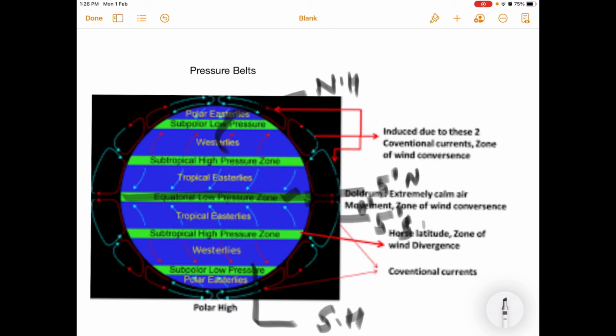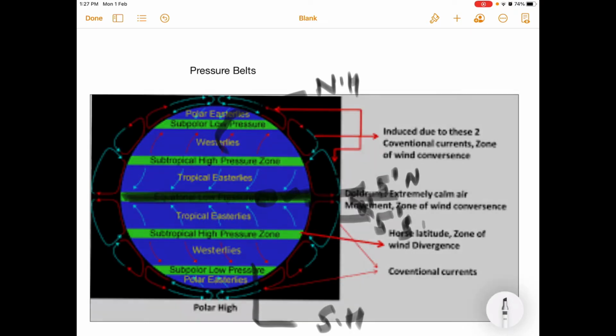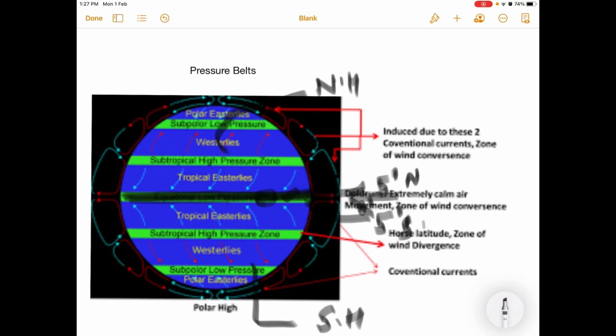As the equator divides the earth into two equal halves, we all know the equatorial regions receive the vertical rays of the sun throughout the year, and due to these vertical rays the temperature increases and pressure decreases. So, on the equator a low pressure area is created, and children, we all know temperature and pressure are inversely proportional to one another. That is the reason a low pressure area is created here. So, that is why this belt is known as the equatorial low pressure belt.